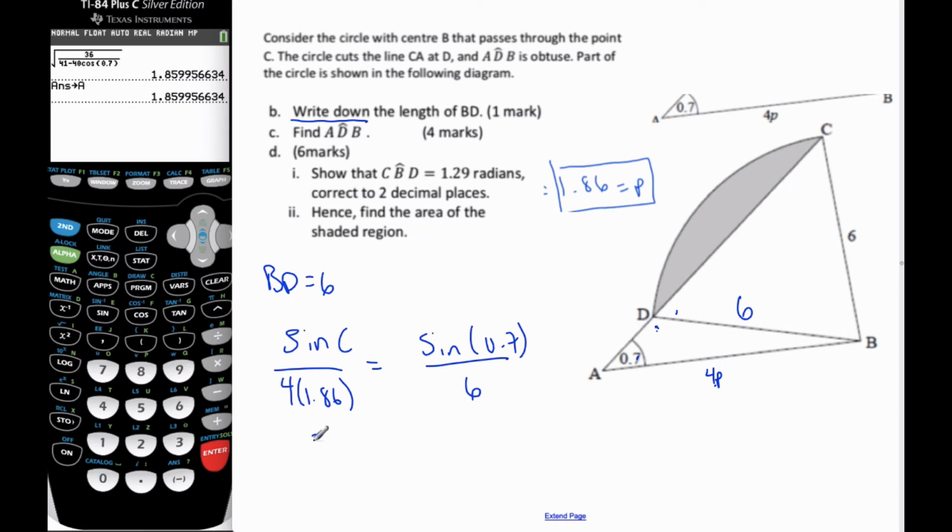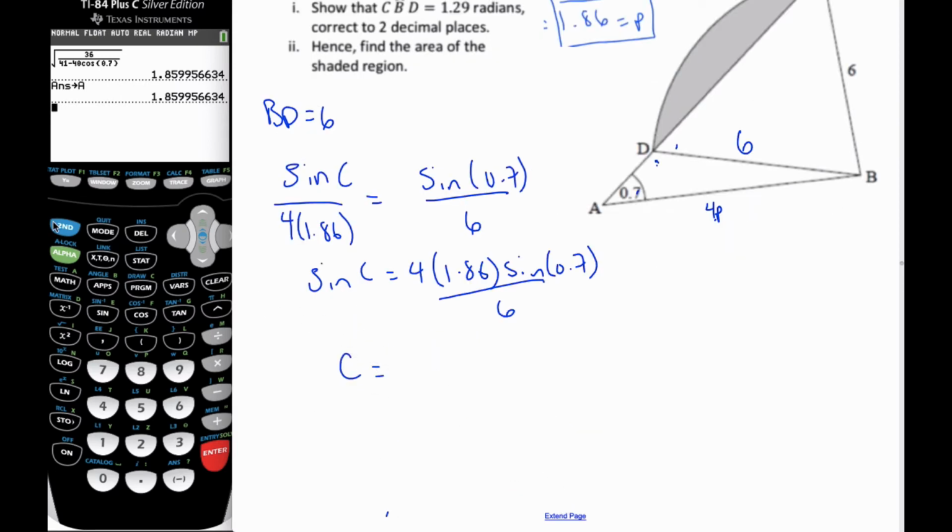And so now sine C is just going to be 4 times 1.86 times sine of 0.7 radians over 6. And then to find C,